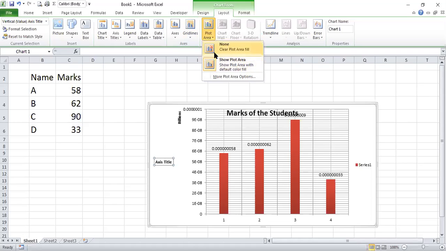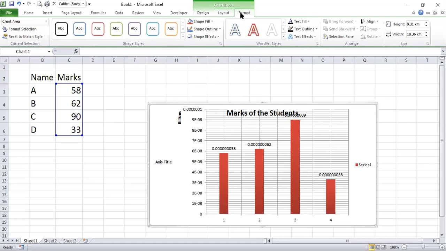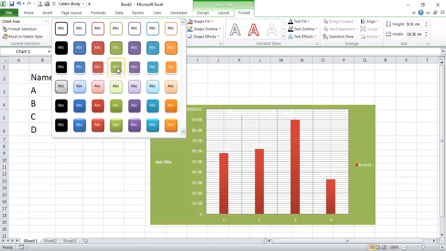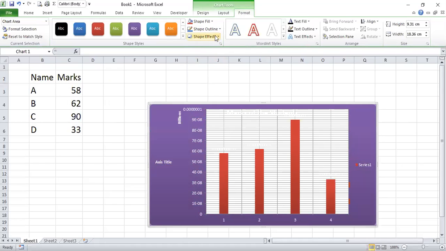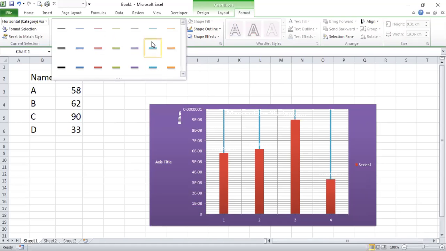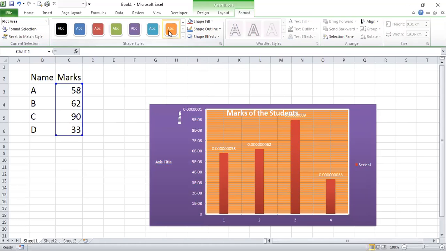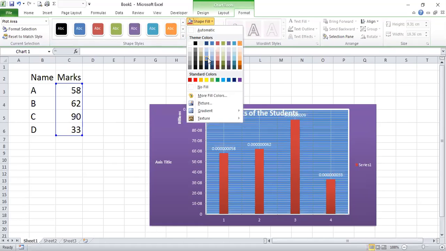Show plot area, and if you don't want to show it, you can remove that part also, right? And lastly, we have Format, from where we can format. As I told you, like we have selected the chart area, so we can change the background. Similarly, select the plot area. Right now, here we have selected the plot area. Click on the border, and then you can apply the shape style there, or you can change it from here if you want to change the color,